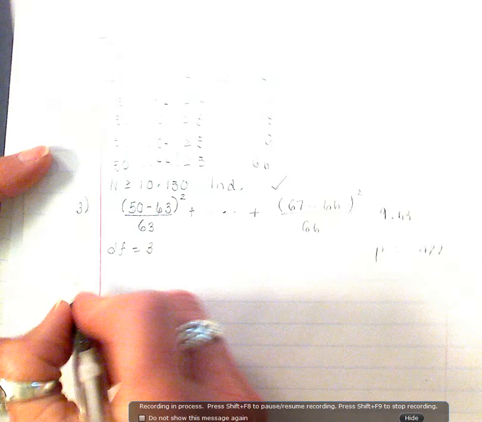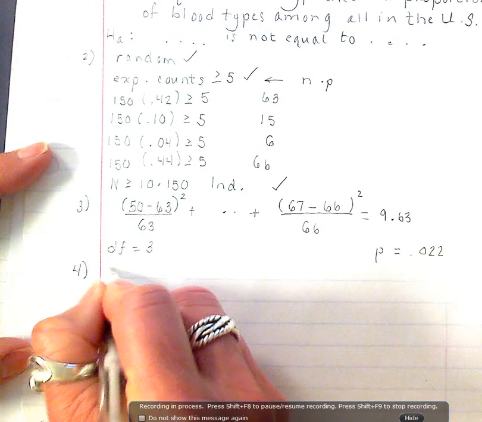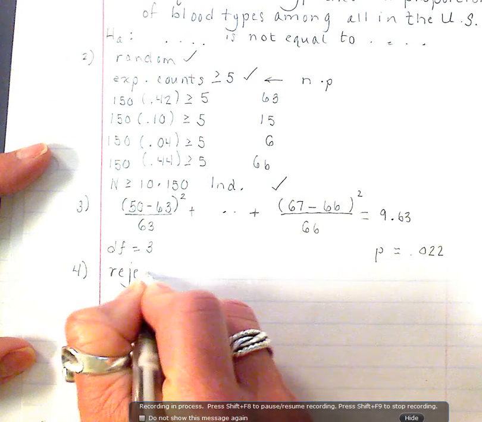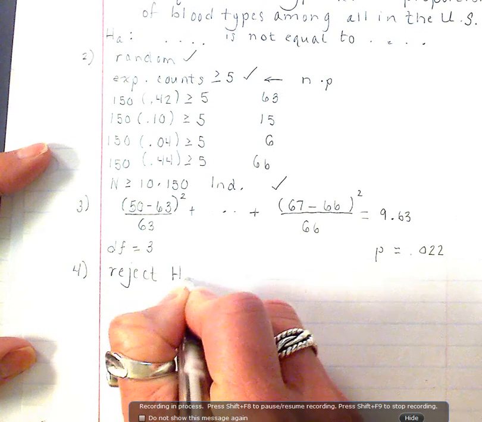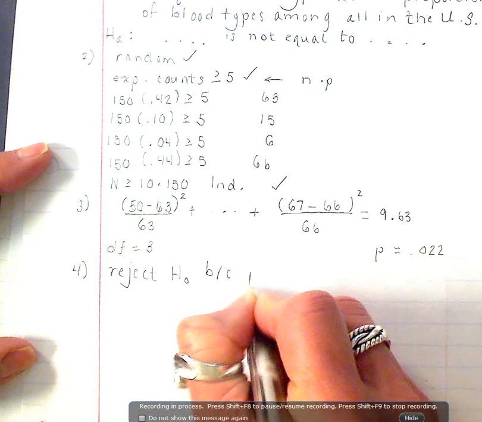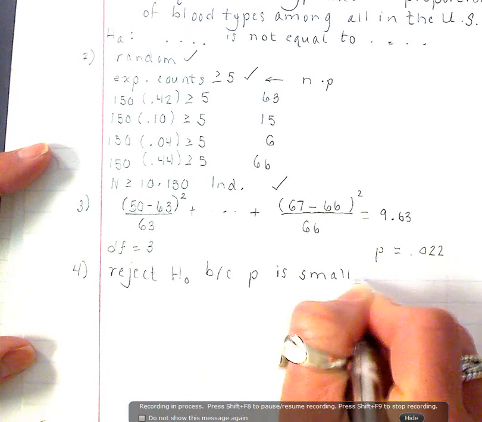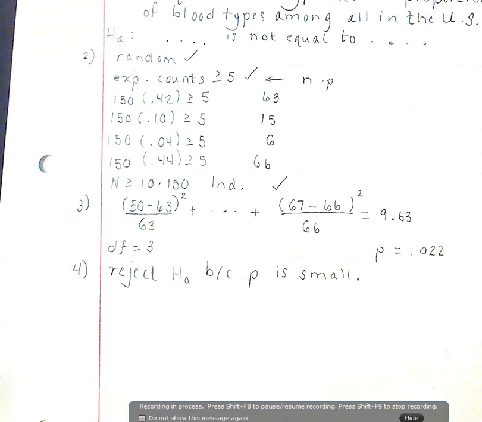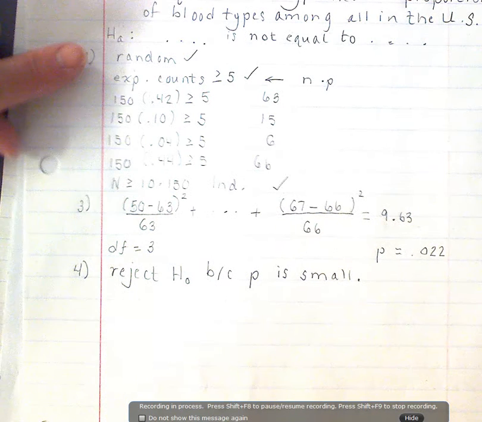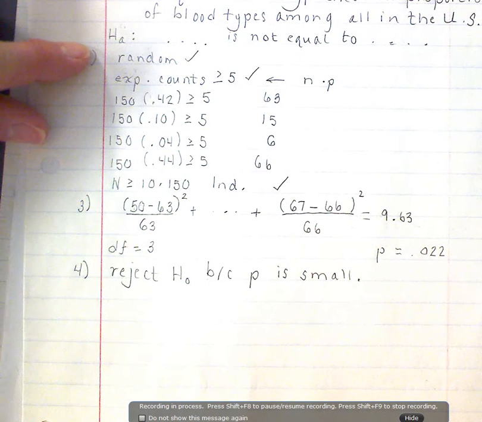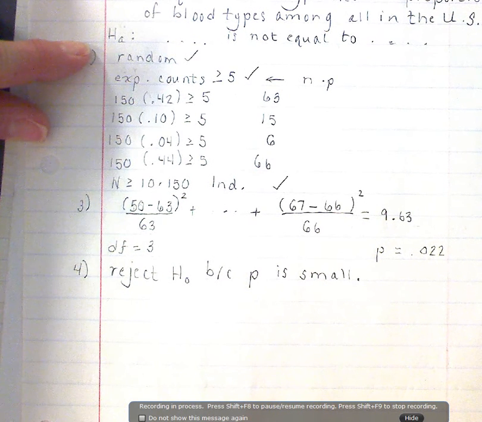On to step 4. I'm going to reject that H0 because p is small. Now, what do I believe about the alternative? Do I have evidence or not? I do. So I have evidence to say this is true, and I'm going to put that in context. I'll say it out loud as I'm writing. So I have evidence to say